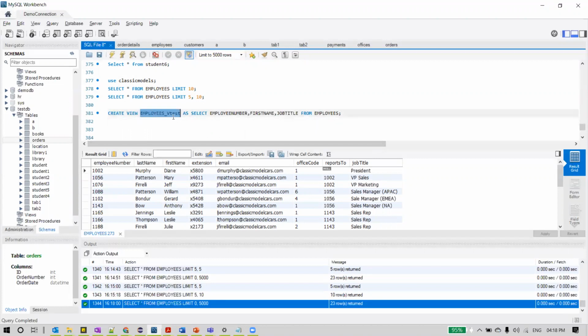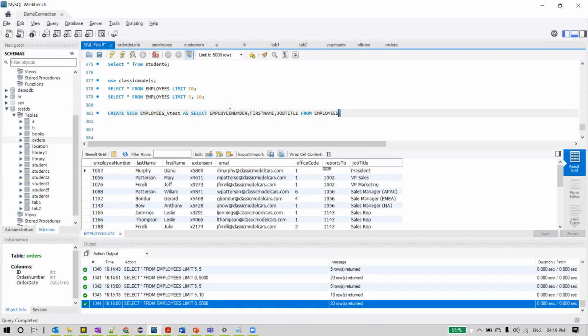Create view, some view name, any name, as select, and this is the select statement from the employees table. So with this, what happens is this is our normal select query. What are all the columns we want to fetch from the employees table? We can even write a where condition, or limit to only a particular number of rows, we can add it here. This is just like our normal select query. You can have anything here. The only thing new here is creating a view.